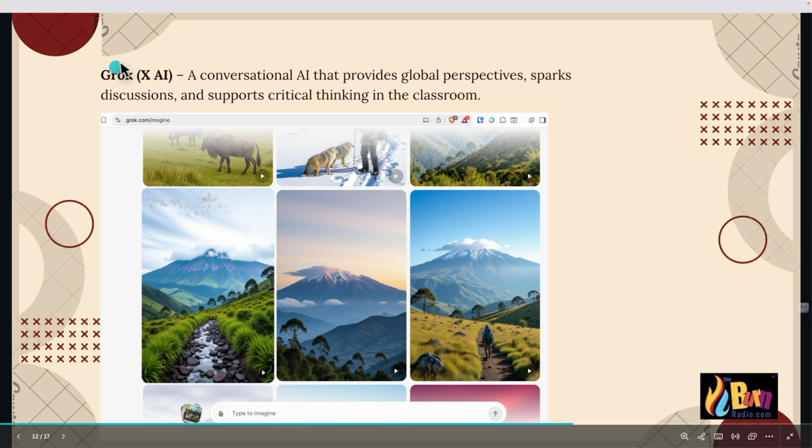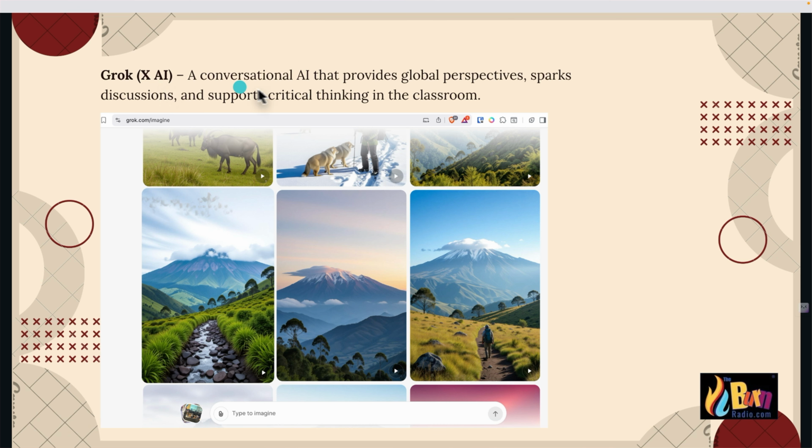We shall also look at Grok XAI, which we can use as a conversational AI that provides global perspectives and sparks discussions and all that. So you can see what it did when we told it to paint Mount Elgon, at least to show kids